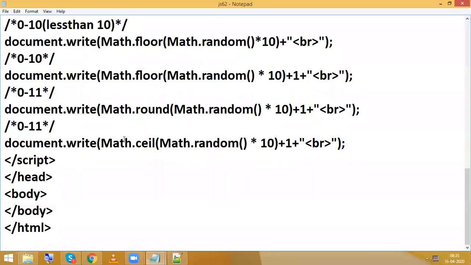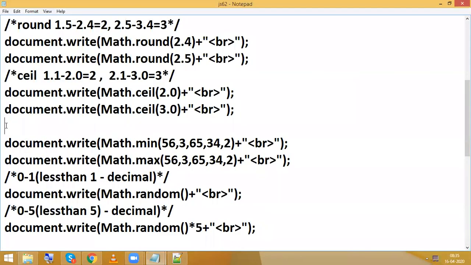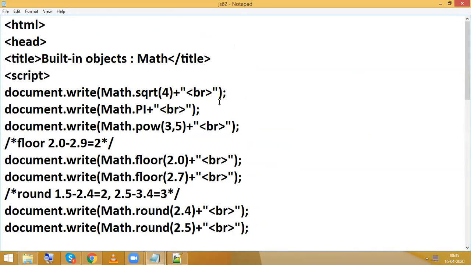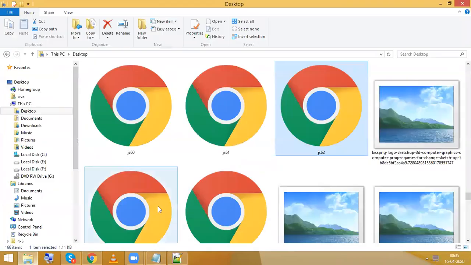So next, I want to display some names randomly.